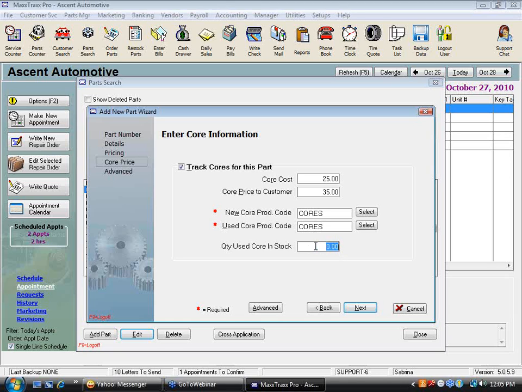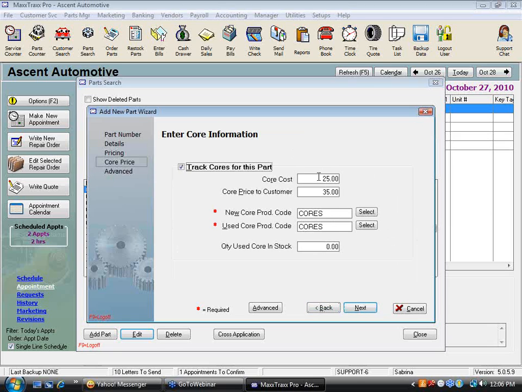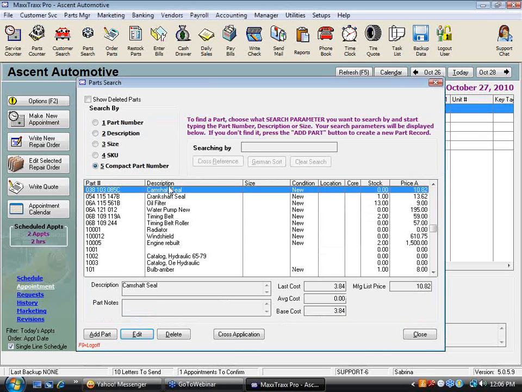That's the only time we say we have a used core in stock, because MaxxTraxx knows if I have in my system, and I put in my Add a Part wizard, that I have a current core on hand of 1, it knows that there's a core charge associated with it because we actually add that here. So what's interesting, let's go ahead and click Next, and we'll save this new record. If I go back into that part number,